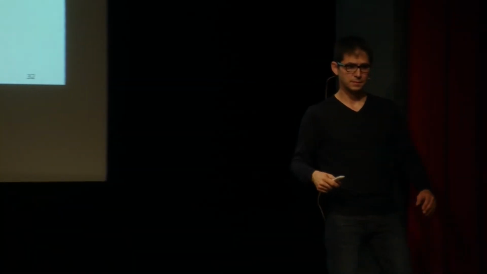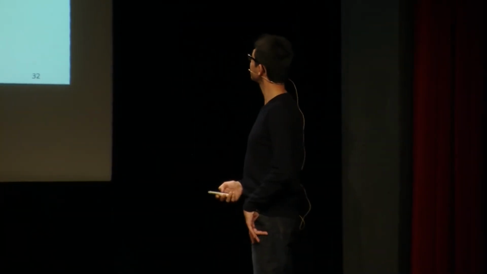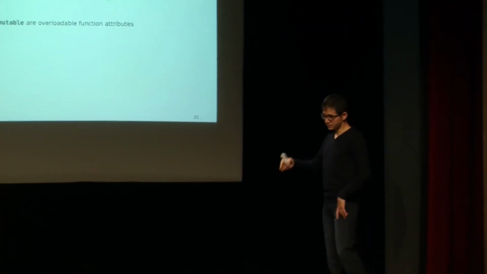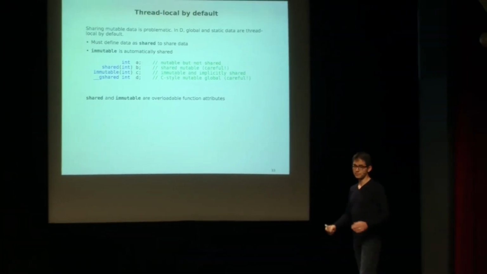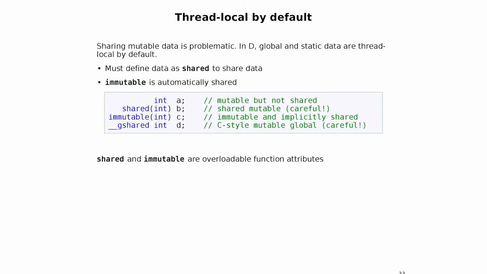Shall we move on? I think fibers are more interesting, but let's go through this quickly. So these are some D features that help with concurrency in general. As I mentioned, data is thread local by default, and we love this feature. You can touch your module level variables without any need to synchronize. Int A is mutable, but it's not shared. If you want to share, you explicitly say shared int. But now you must be careful, and you must maintain that only one thread mutates it at a time, or you need to control mutations to that variable.